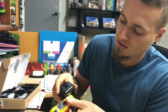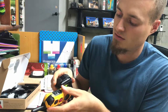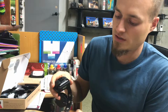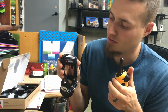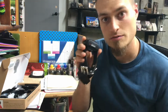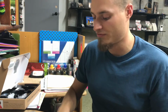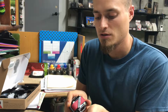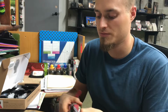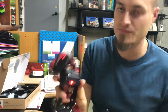So I'll put it in pairing mode. And then there you go. You can have multiple collars on the same remote. So I'll pair this real quickly to demonstrate. So you can pair these together,